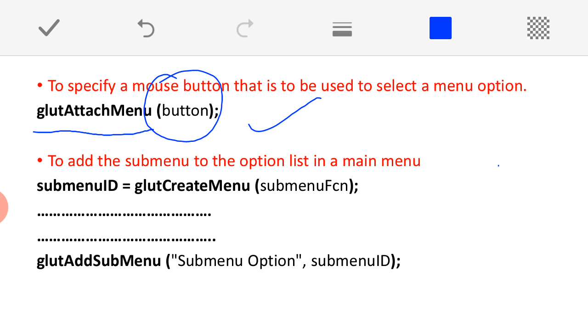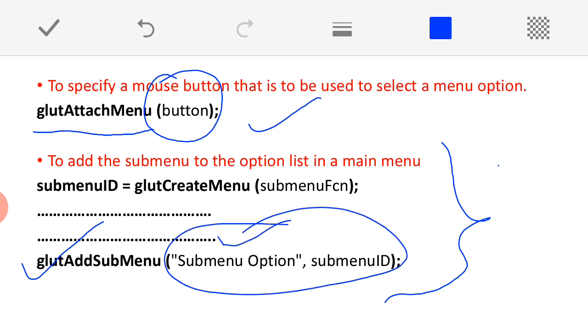Then the next one is the last one. If you want to create a sub menu within a pop-up menu, then you can use this function, glutAddSubMenu, and it has 2 parameters. The first parameter is the sub menu option within the main menu, and the second is the sub menu ID.